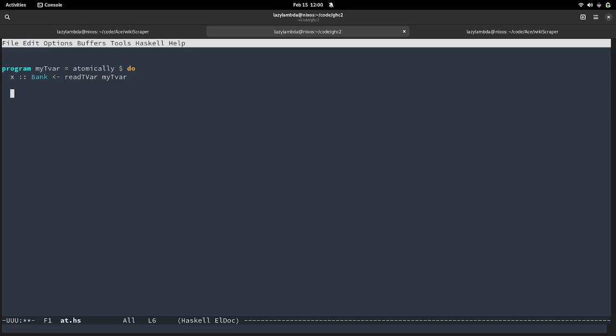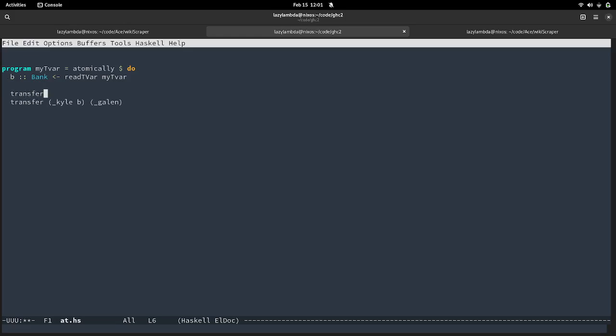I'm just trying to think of an actual example, but I think I'm overcomplicating this. If Kyle has 1,000 and I have $1, and we do transfer from Kyle to Galen, this will work because Kyle has more money.